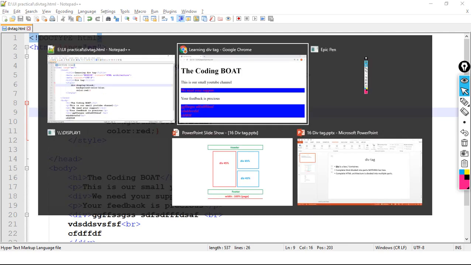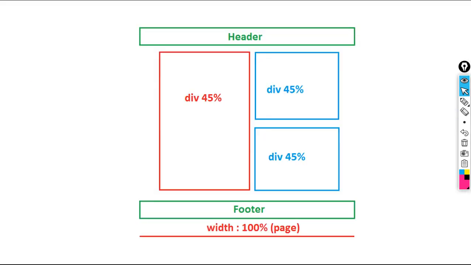So the moral of the story is, if we want to give a particular style for a particular part, then we have to put those parts in a div tag, so that if we change the coding in style, then that will be applied to all div tags.